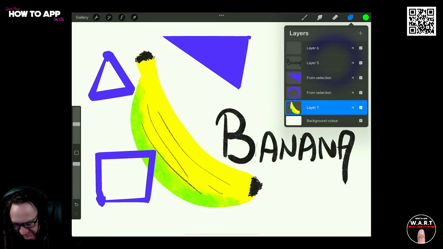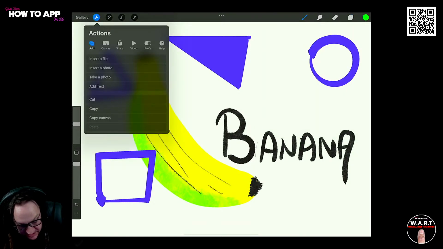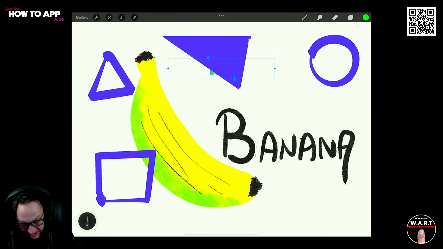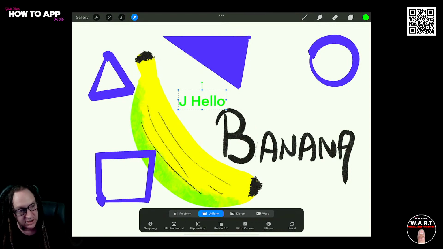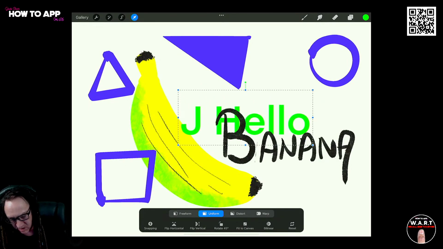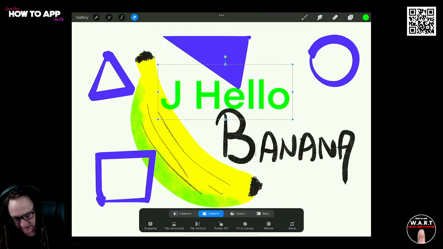So there's our pointer. We've done chopping and stuff like that. Let's add some text, because you can add text. There you go. Now remember, with text, you can actually write the text in. So you can write hello. I'm pretty sure this works. And it converts it into text. So now if I hit the little arrow, I can move the text around. See? So just by writing, and we can change the size, and we can